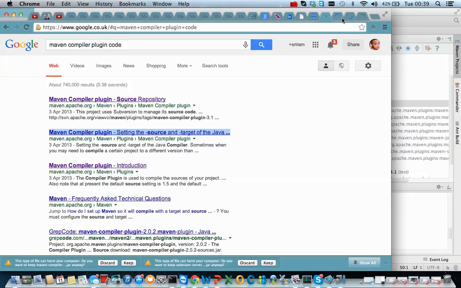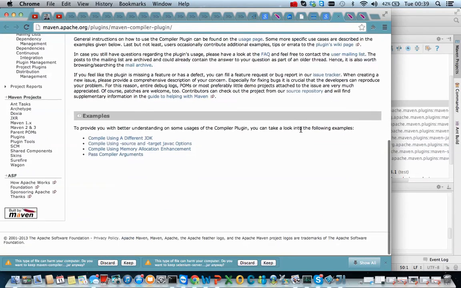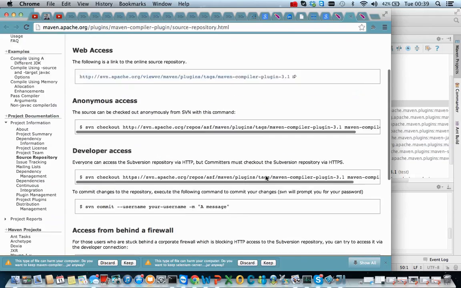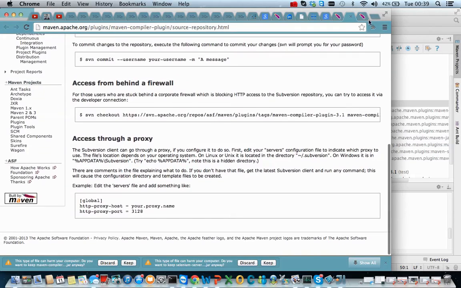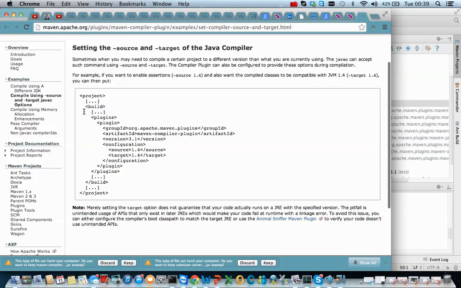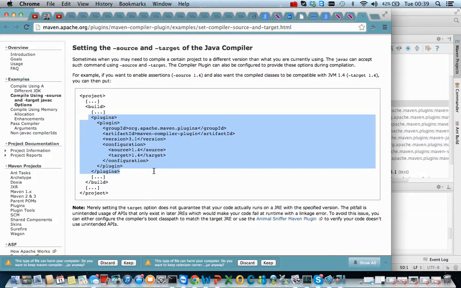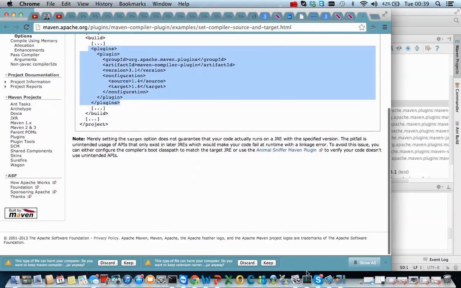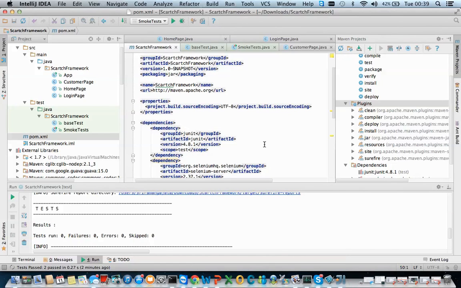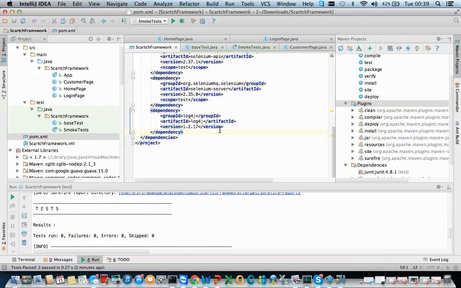Okay, so once in by minute will be able to, I think this is what I'm looking for. We can straight away get this plugin. So if we copy this plugin and put it here somewhere, you can put it anywhere. Okay, and also we need to make sure that